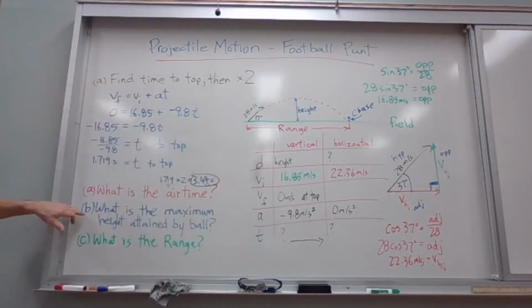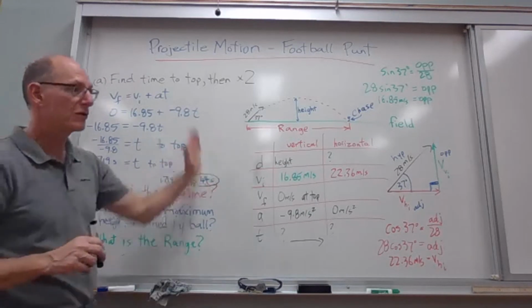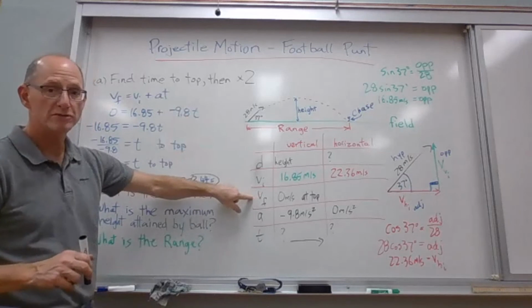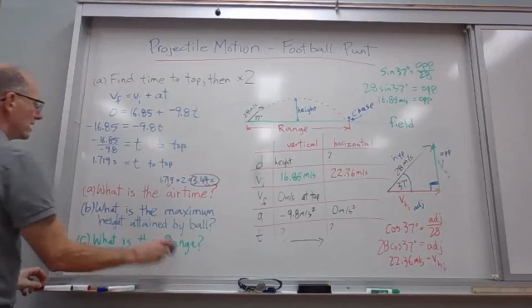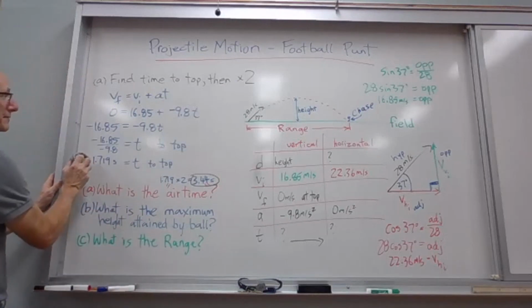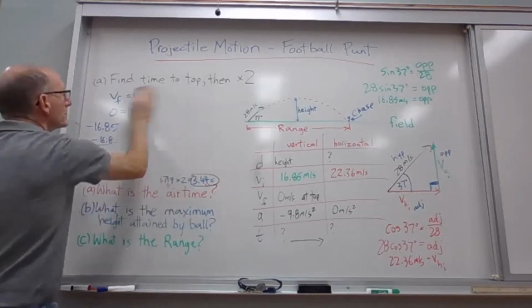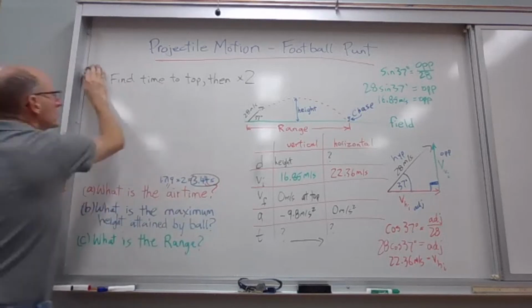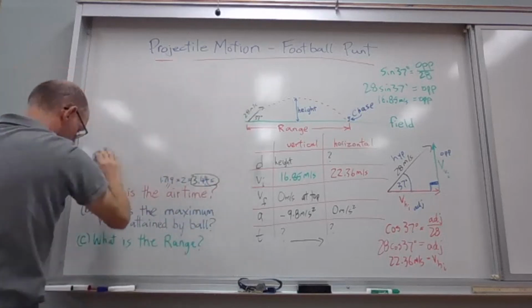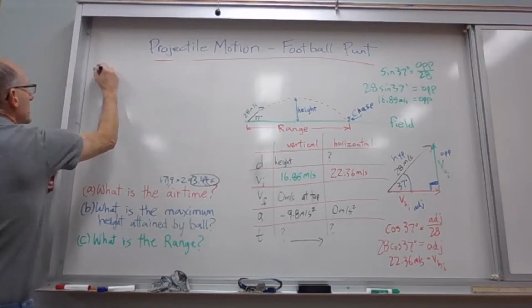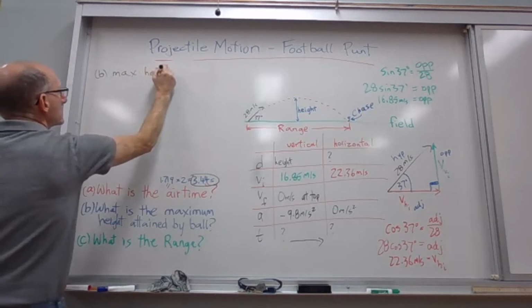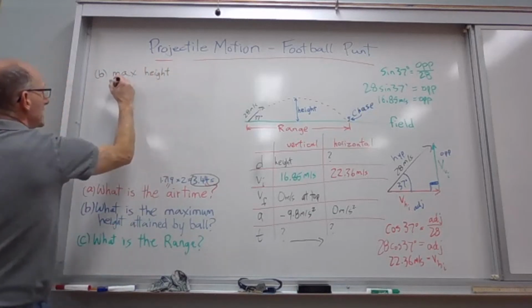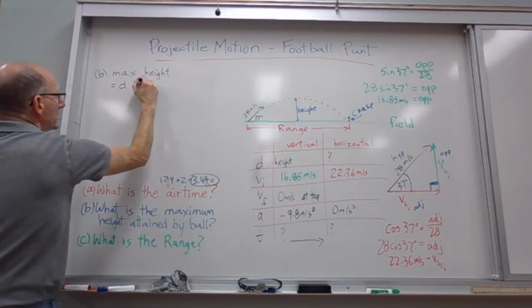That's the air time. What's the maximum height attained by the ball? It's the distance in the vertical direction when it's 0 meters per second at the top. It's not going up or down anymore. So we'll do that one right here as well. So B says, what is the maximum height? Maximum height is the D in a vertical direction